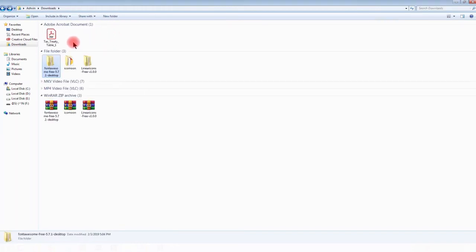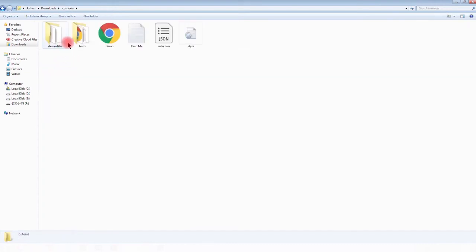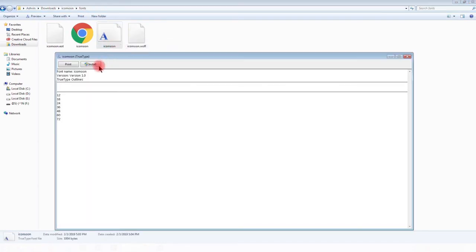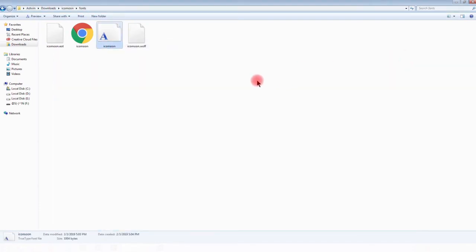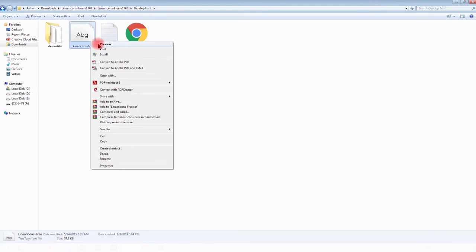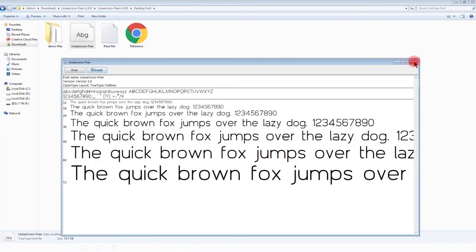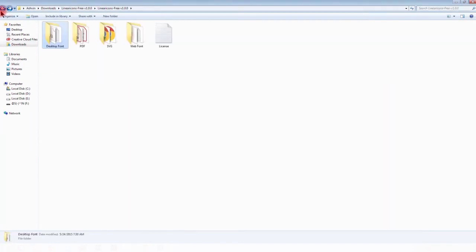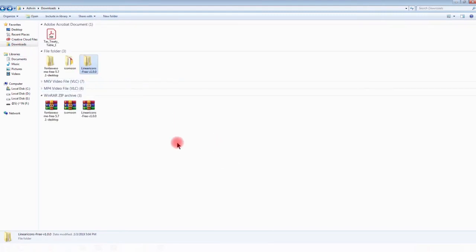The same procedure can be followed for these icons. Here this should be installed using this install tab, and again for the third one, install these fonts using this tab. Since I have already installed them, I am not going to do it again.